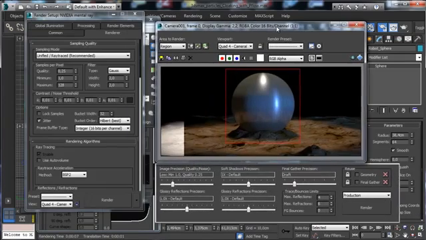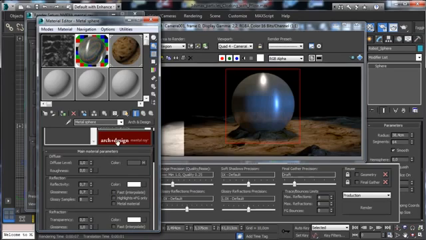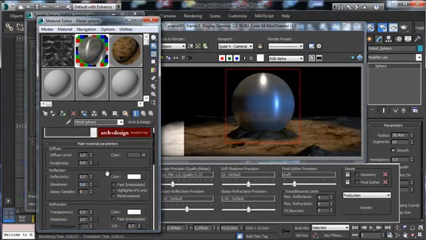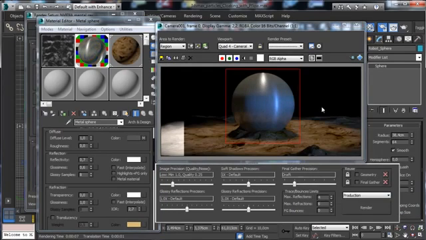Okay, let's change again a little bit, the IOR, let's go to 2.7, and we can have a little bit more glossiness, and again preview. Okay, you see that now it seems stranger than before,